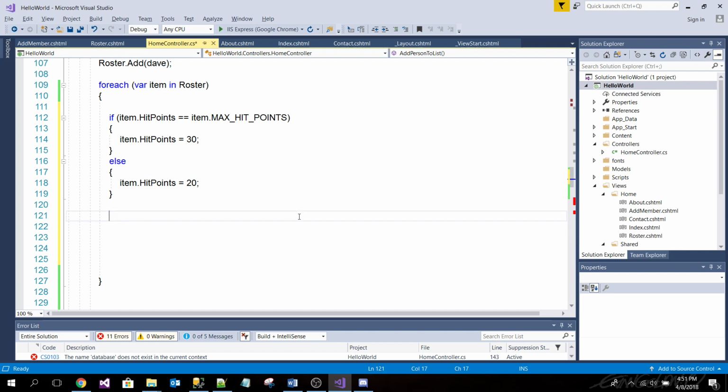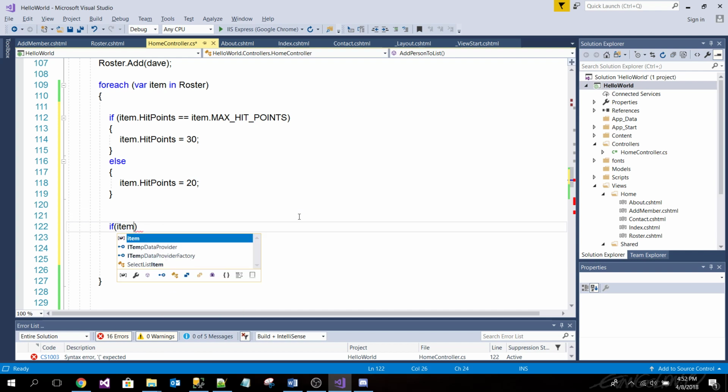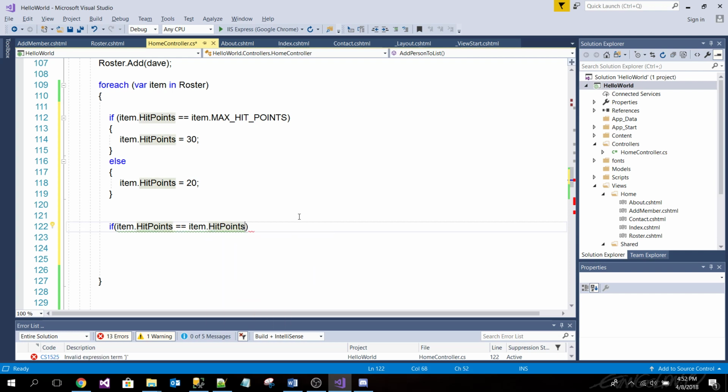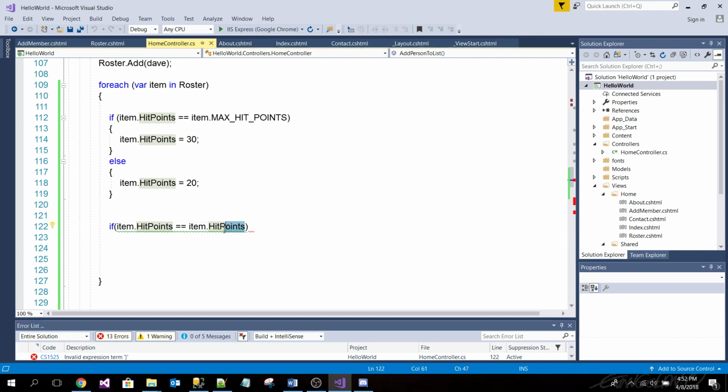Now let's try to fix some kind of hole that we might have left up there, I think. So if item dot hit points equals item dot max hit points. Oh, max hit points, yeah. I pressed the wrong button.